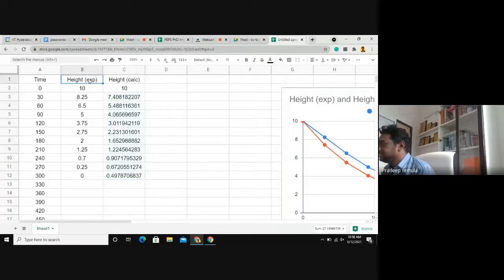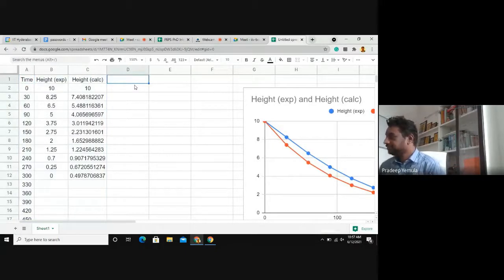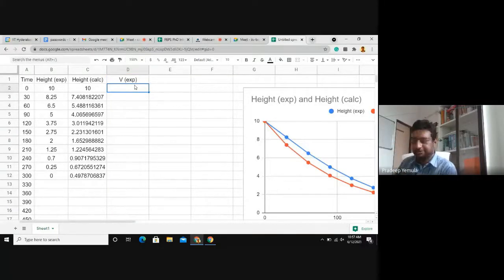Anyway, so now let me go back to the sheet we were working on before, and I'll move this slightly. Now here, instead of height, we will have voltage. I'm just editing that. So voltage from experiment: 7.2 to begin with.